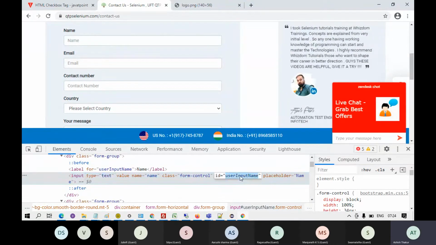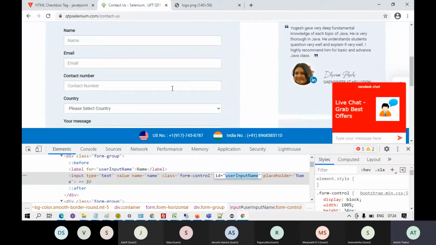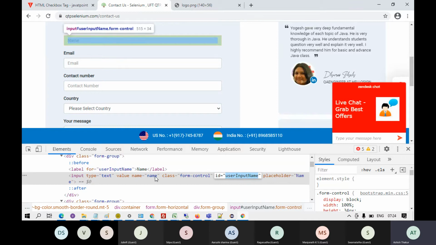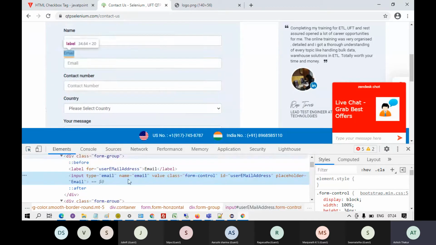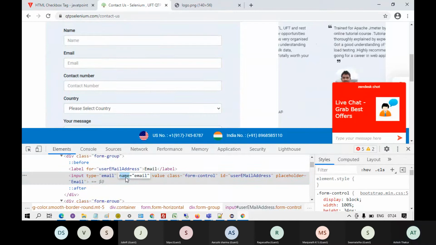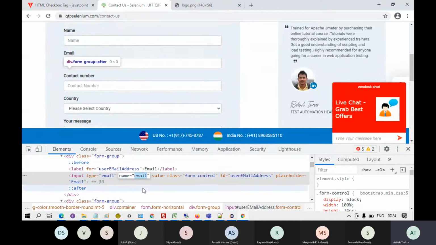So over here, the ID helps us. Each text field over here would have a different ID, or there is an attribute known as name as well. The name attribute is email.